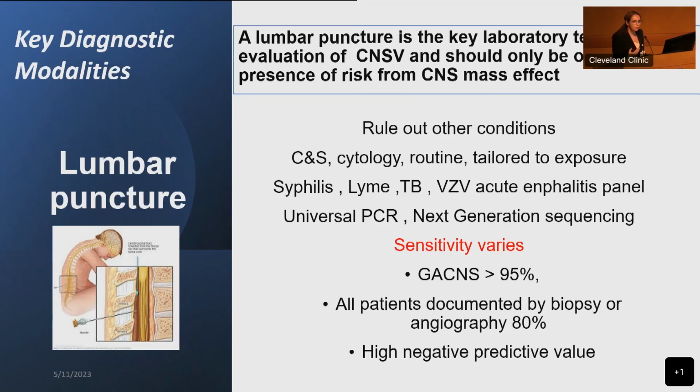Second, you're going to rule out infection as a mimic of an inflammatory process. At minimum, you're getting your routine culture. In addition, we look for Lyme disease, TB, syphilis. You'll be very surprised how many neurosyphilis cases we see. TB, VZV, acute encephalitis panel, and most of our institutions also have access to send out universal PCR